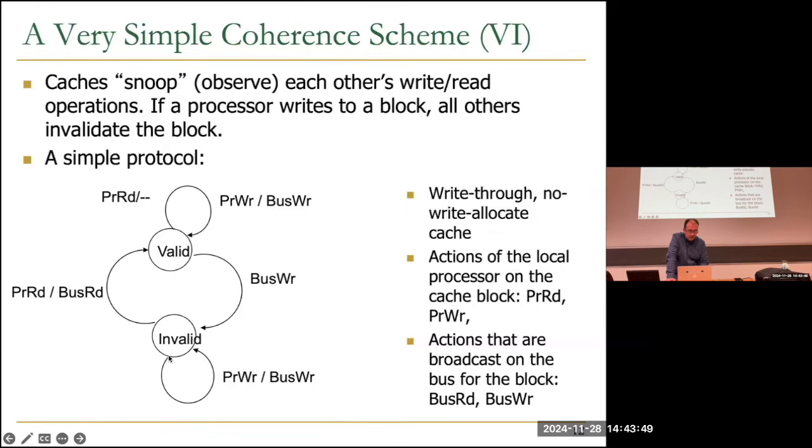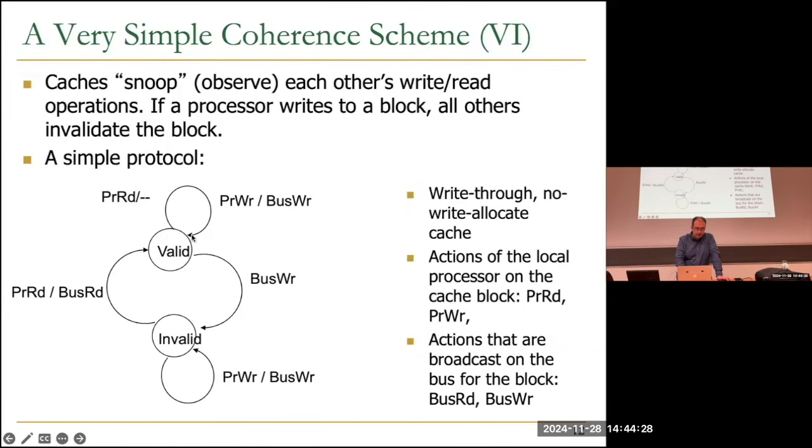And there are some points from different processor perspective. Let's see. We are like one processor. You want to read a memory address. If you access the cache and you're in the invalid state, meaning that you have a read miss, right? Because it's invalid. So you send this processor read, and also you send bus read to the whole processor, and then you go to the valid state, right? This protocol doesn't really do much when you send bus read, but we have this signal here because we're going to use it for other protocols.